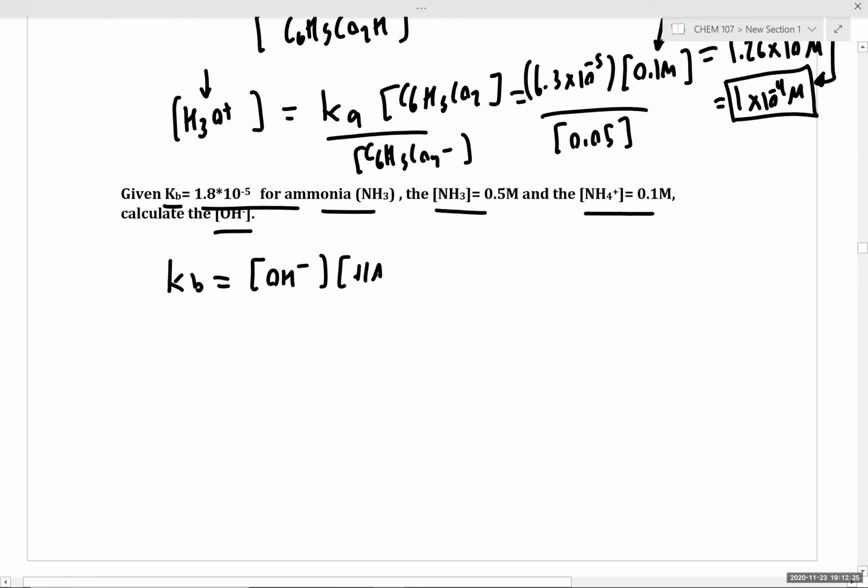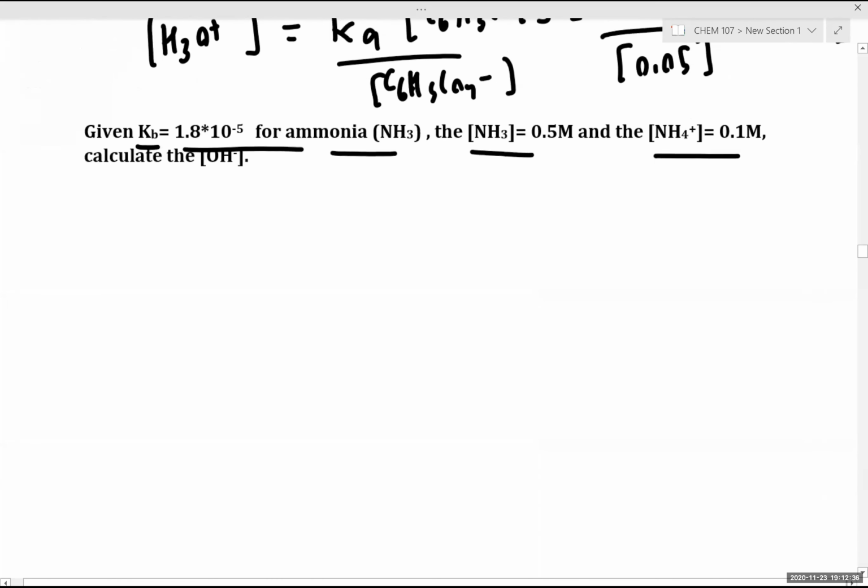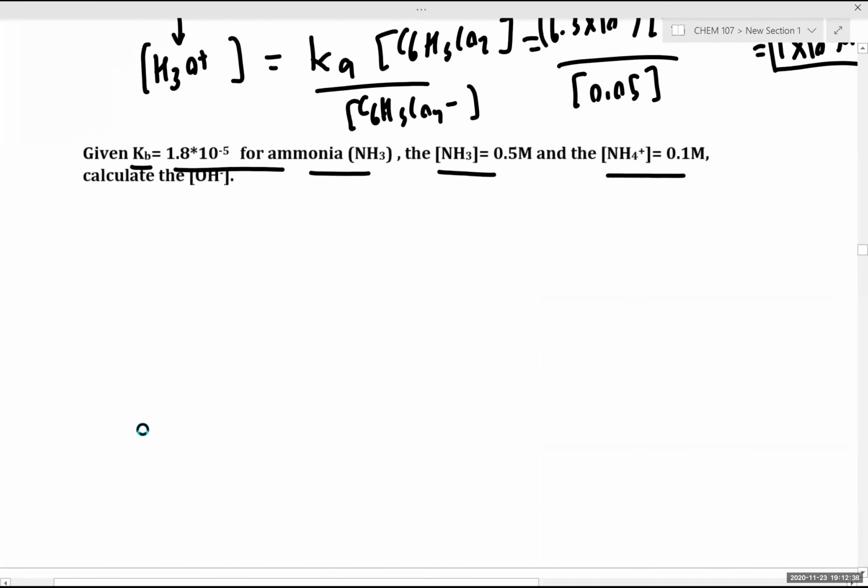has the following general, one moment, let me reset OneNote. So given that Kb has the following general expression,